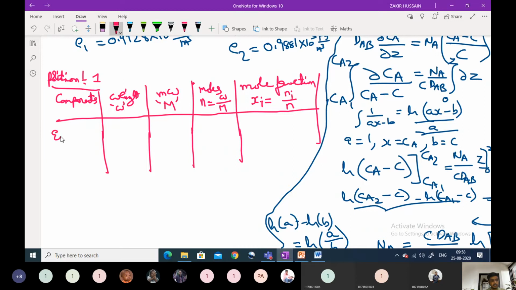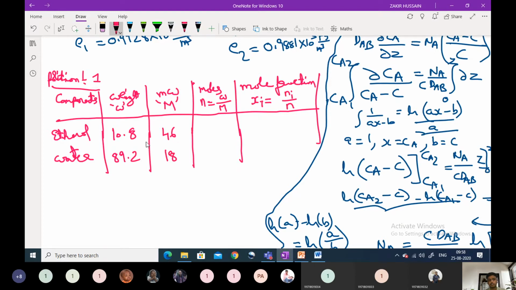So components involved are, first component is ethanol in a solution, then the next component is water. The weight percentage at position 1 is 10.8 percentage. So the remaining 89.2 percentage is water, since both are in solution form. Then the molecular weight of ethanol is 46, and water is 18.